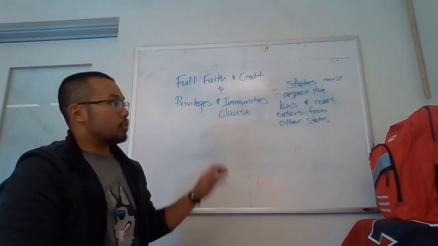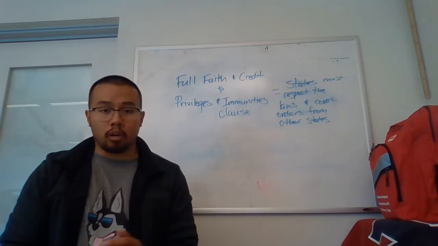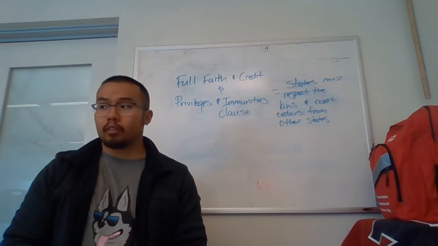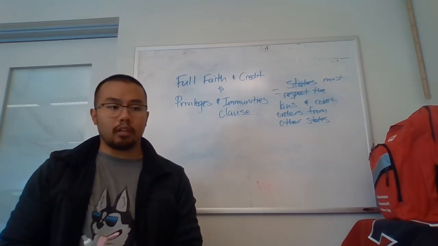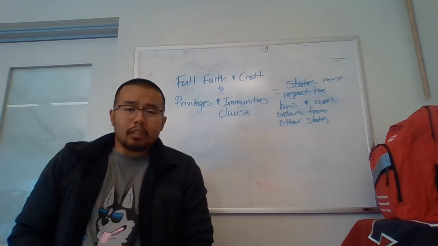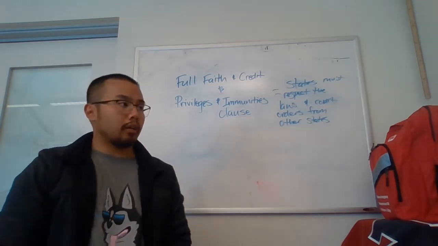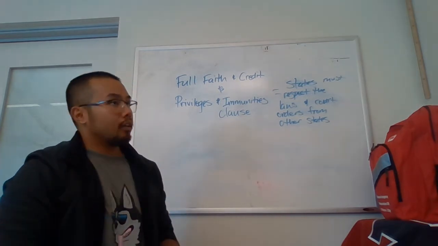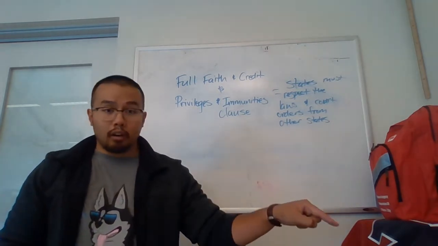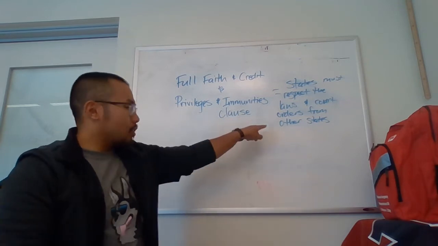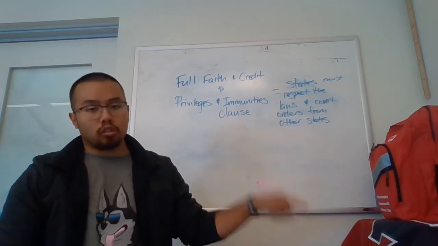This clause is the reason why, say, if you committed a crime and you owed the state a great deal of money, and it accumulated a bunch of debt, and you said, well, screw that, I'm going to leave town. The cops ain't going to find me in Montana. If Montana found you and there was a warrant out for your arrest, they wouldn't try you there. They would send you back to California. This is the clause that makes that so.